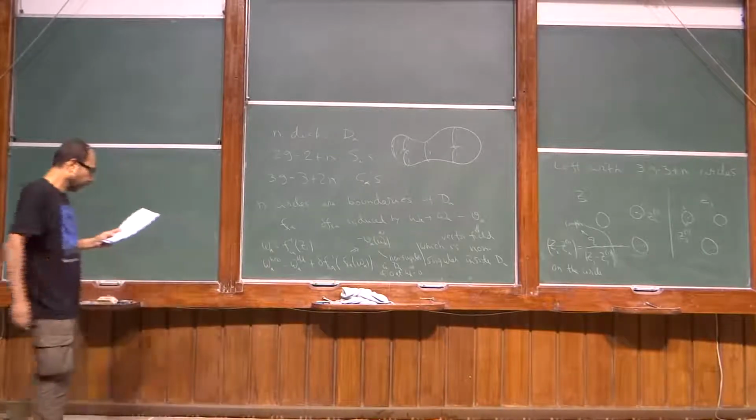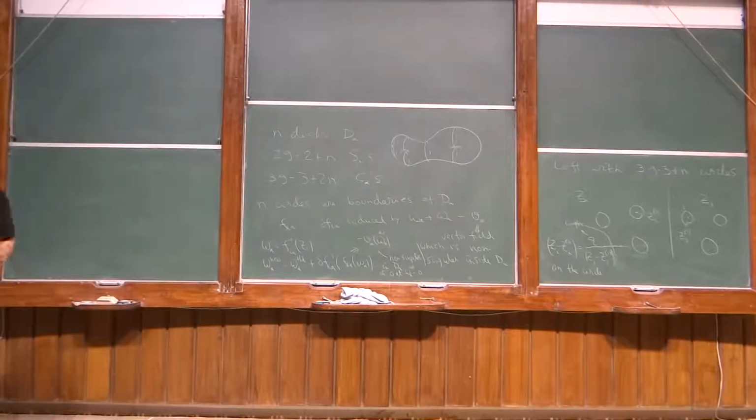Okay, so let me again work out some examples. Last time we worked out the example of a 4-punctured sphere. On a punctured sphere, one knows a priori the measure. You know precisely that you have to keep 3 points fixed and integrate over the 4th. We just derived it from these general principles. But things become more complicated once you go on to higher genus surfaces.